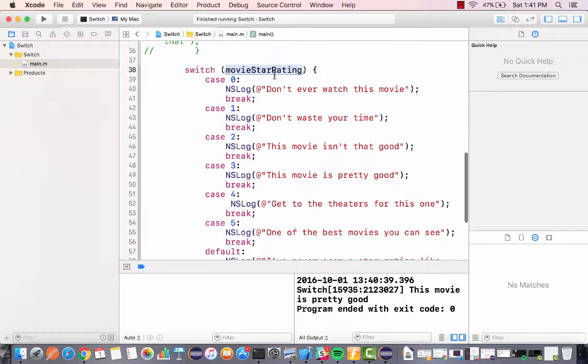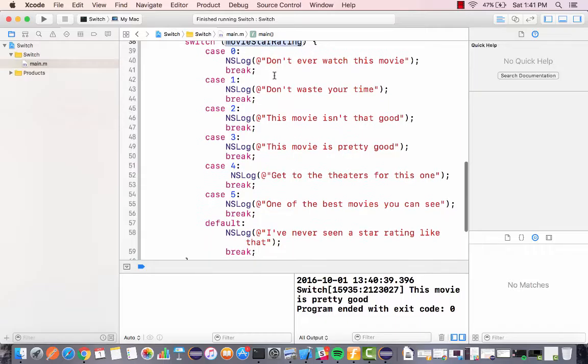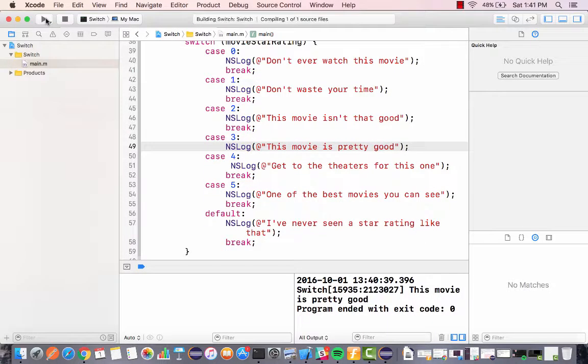Okay, now that we have that, there's one other thing I want to mention, which I've mentioned before, that this break statement helps us break out of the switch. Let me go ahead and get rid of this and show you what happens. Actually, right now our movie star rating is set at 3, so let me get rid of this break right here and show you what happens. When I run this,